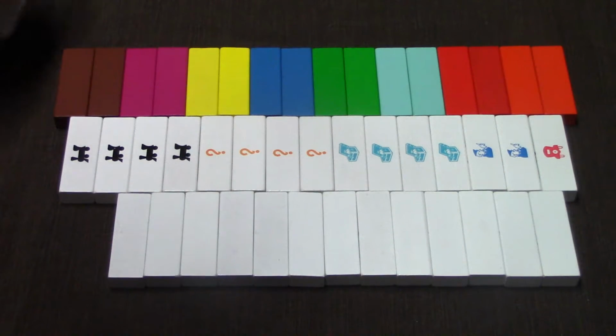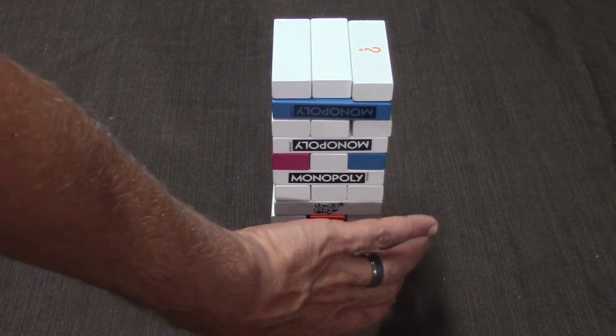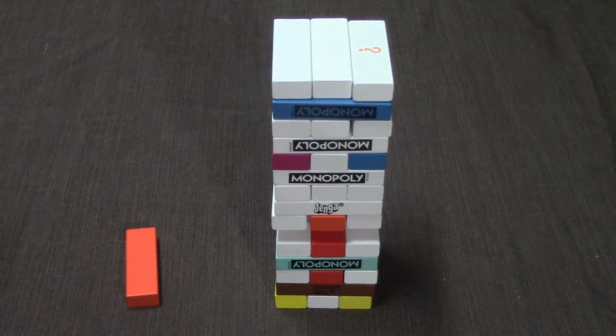So if I were to push this one out, I would get the brown block. Otherwise, I would just go ahead and place this back in the tower somewhere. Okay, so let's just say it is my turn. I decide, okay, I'm going to go ahead and try to get out this orange block. And I've successfully gotten it out, so I'll place it in front of me like so, which is going to